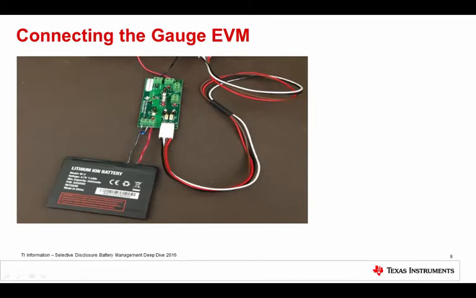So here you see a single cell EVM hooked up. You've got a simple, in this case, 4-wire cable that's hooked up through the I2C COM interface. It's going to whichever adapter you're using. It can be EV2300, EV2400, something similar, and then your pack hooked up to the EVM in that scenario. So that's the basic setup.